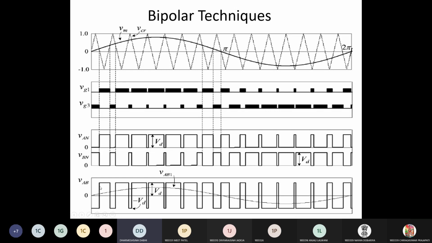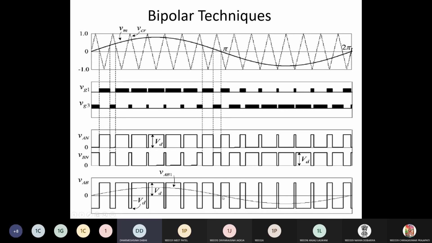In this way you get the output voltage. But the important thing is that in the first positive half cycle of your output voltage, the width of the positive voltage is more than the width of the negative pulse. So if you take the average of the output voltage at every angle, you get half of the sine wave in the first positive cycle. You can see that from 0 to 90 the width is increasing, and from 90 to 180 the width is decreasing, so it looks like a sine wave.